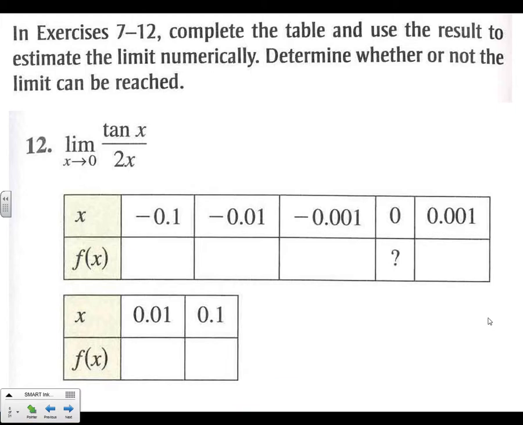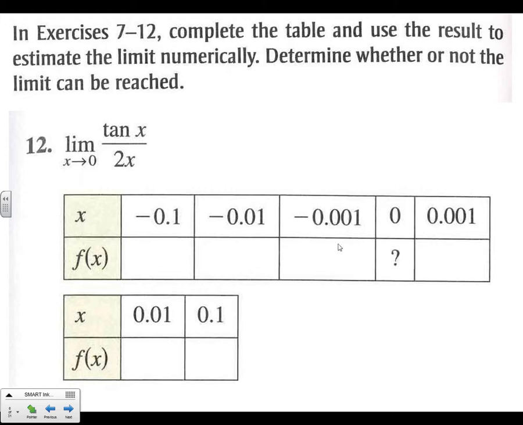Alright, so let's go ahead and do the even problems for 12-1 for pre-calculus, and we'll be working 9 through 66 every third. So first one we'll look at here is 12, and so we want to complete this table and see what our values are approaching as the x values approach 0. So remember, the f of x is the same as saying y, so what happens to our y values as our x values get closer to 0, either from the negative side or as we approach getting smaller from the